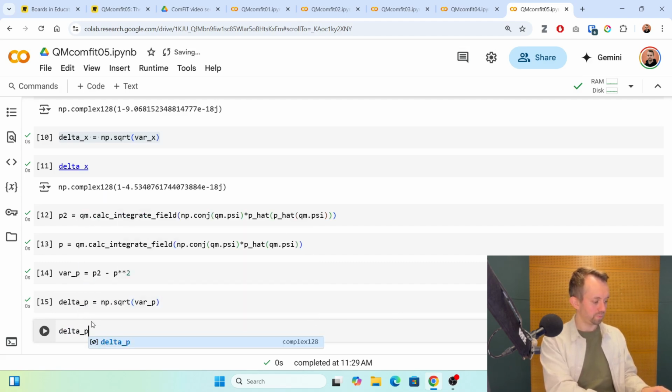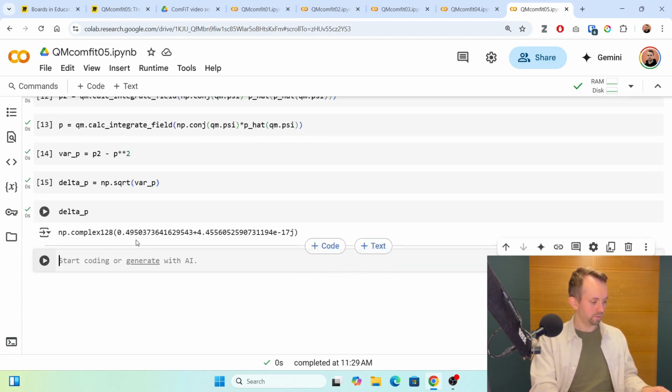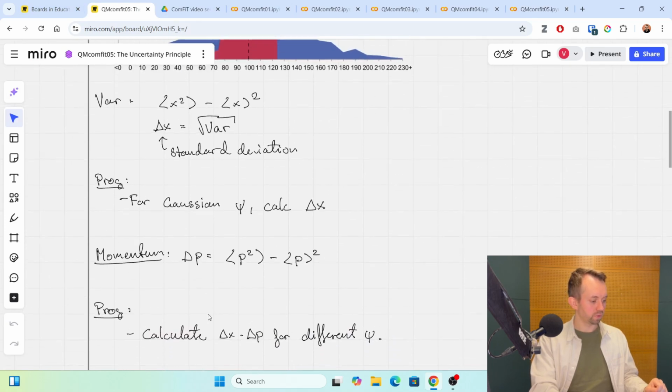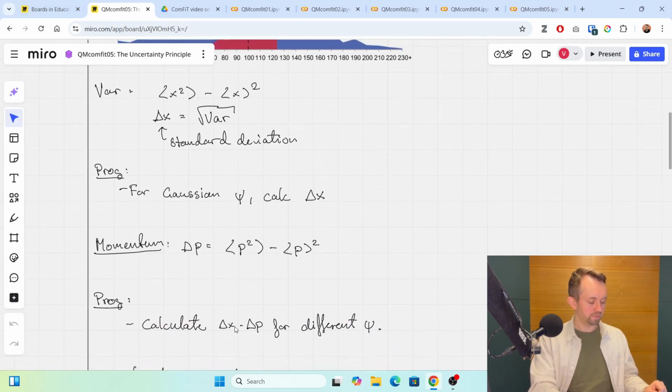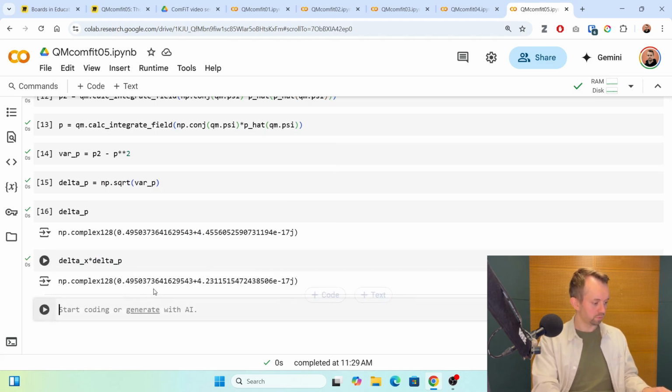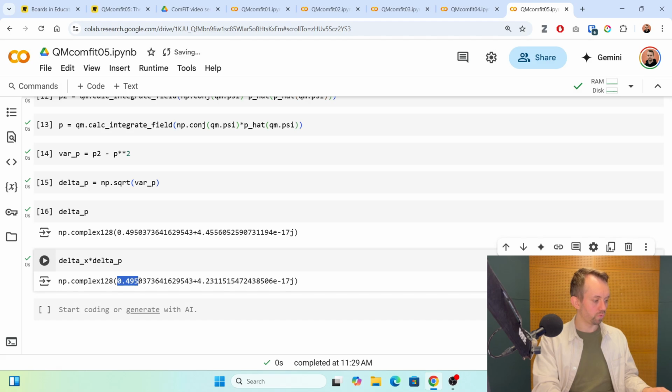And if I print delta p, I get this number here. So 0.495, blah, blah, blah, plus minus 17. And the next thing we're going to do is try to calculate delta x times delta p for different psi's. So let's do that. So if I do now delta x, we already have one, right? So delta x, delta p is equal to, and then we get this number 0.495 something, something, something times